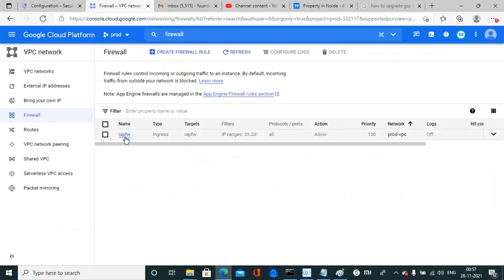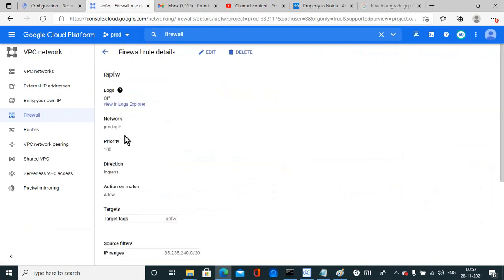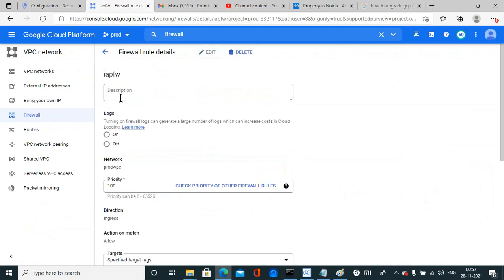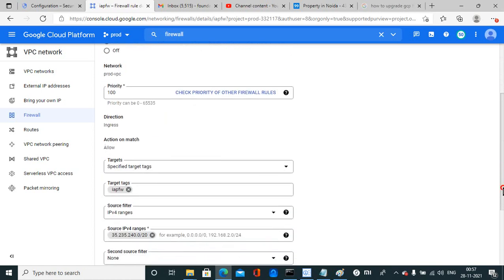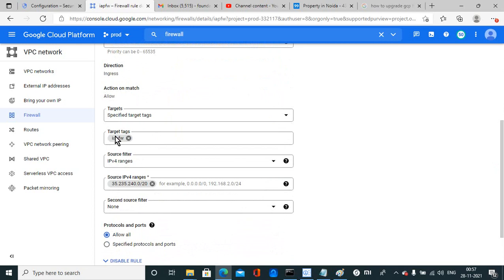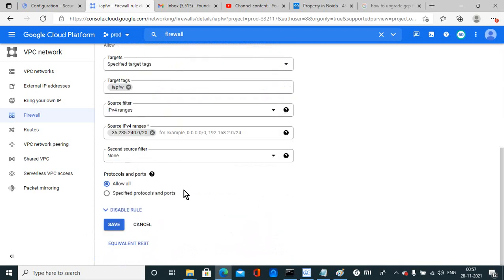I have already created a firewall, IAP FW, log is off, priority is 100 from prod VPC, and the target tag is IAP FW resource. I have created this to allow all protocols. Also, if you want, you can specify the protocol, like RDP or SSH. That protocol you can mention over here, but I'm allowing this for all.